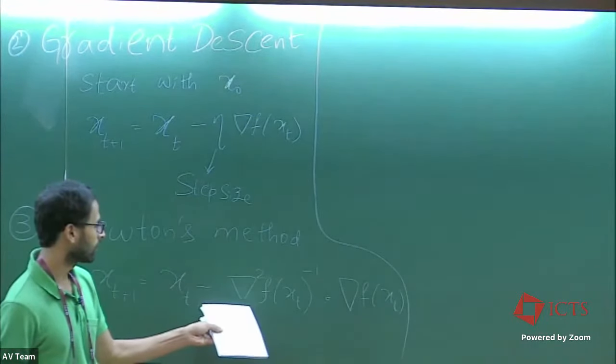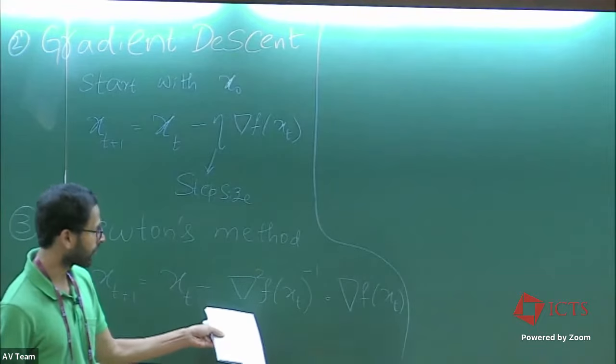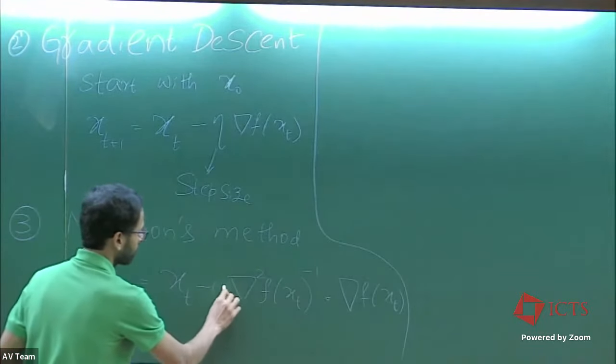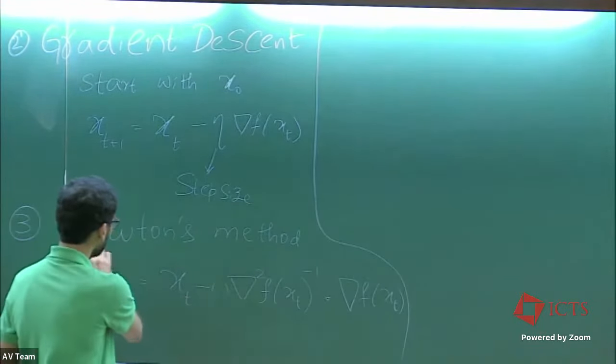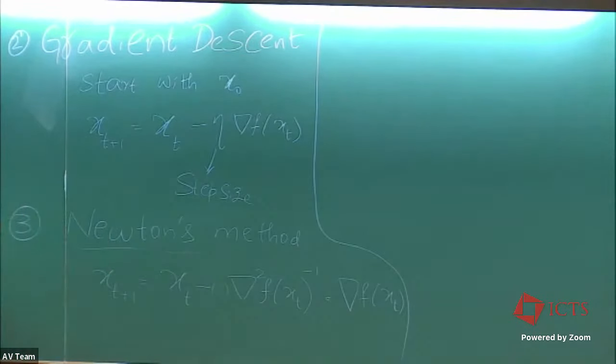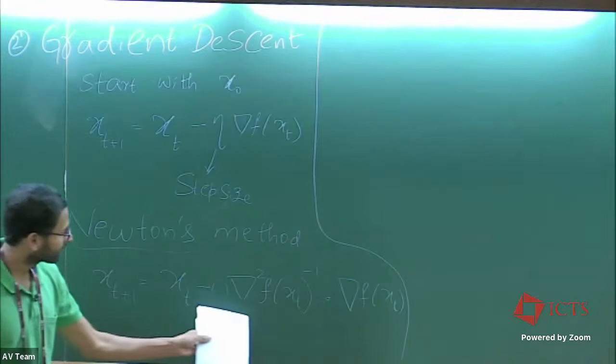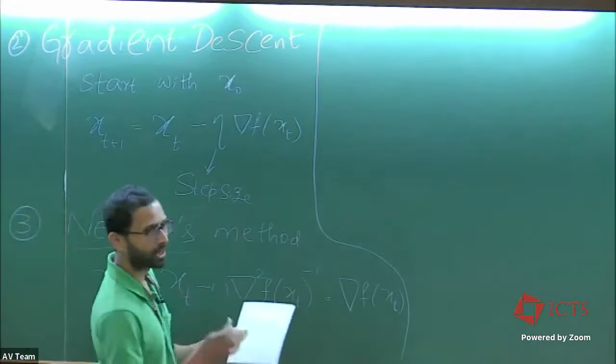But for general functions which are not quadratics, you will again have some step size parameter here, and there are variants of Newton's method to actually make it work. But what does this Hessian matrix give us? How does it tell us that this is the optimum step size? What it tells us is that somehow it depends on the curvature of the problem,